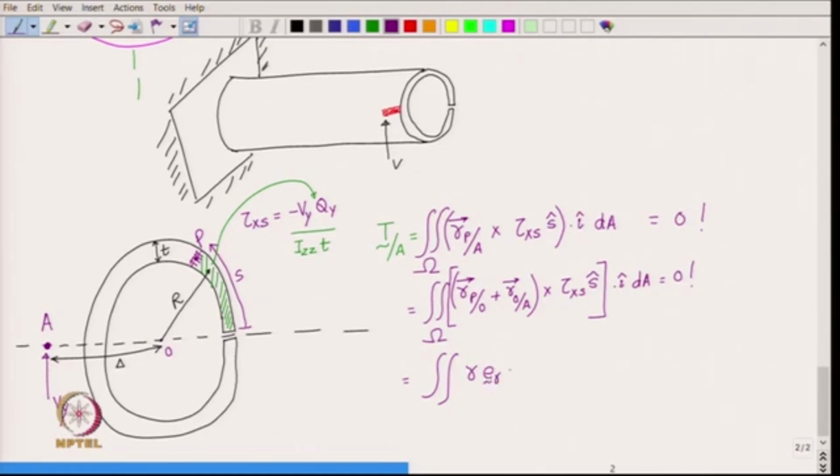So, that is r P O plus r O A. So, r O A, as you can see here, it is pointing in the negative z direction. So, here is your y axis, and then that is your z axis. So, r O A is negative z. So, we get minus delta times k